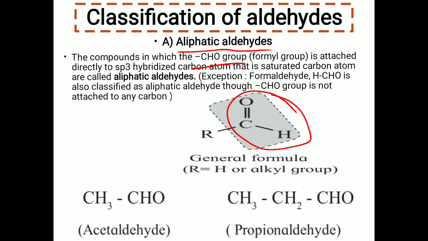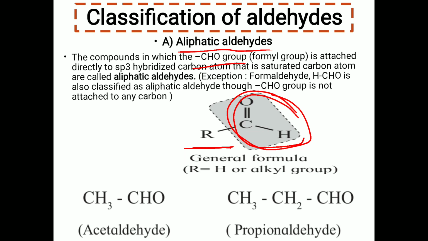Now when this formyl group is attached directly to the sp3 hybridized carbon atom, that is the saturated carbon atom, then it is known as the aliphatic aldehydes. The formyl group, CHO, is directly attached to the sp3 hybridized carbon atom, which is nothing but the saturated carbon atom. But in some cases it is found that this formyl group, that is CHO, is not directly attached to